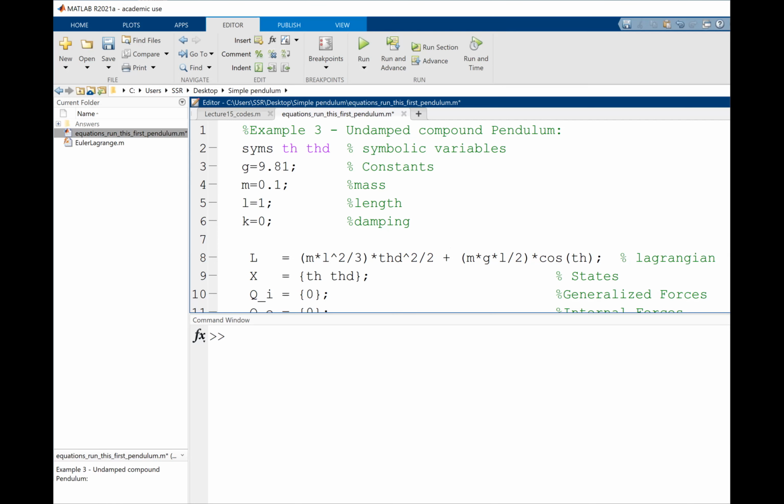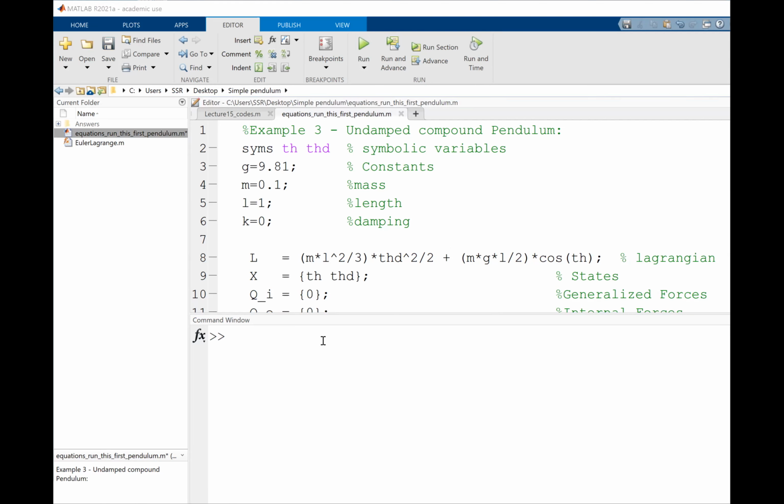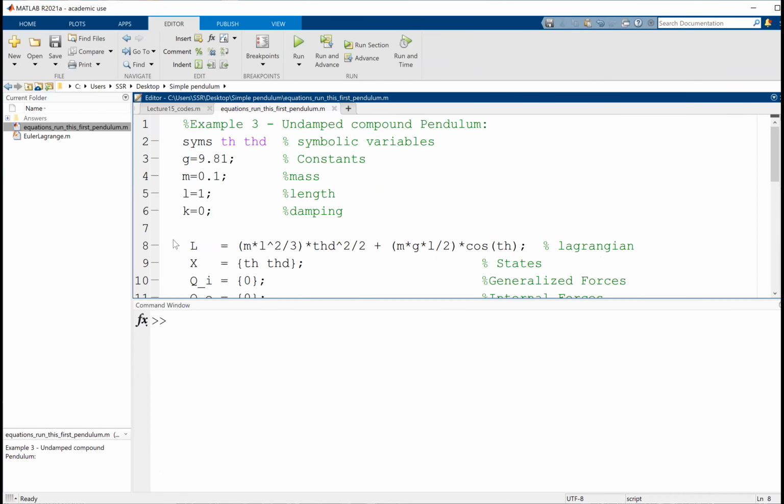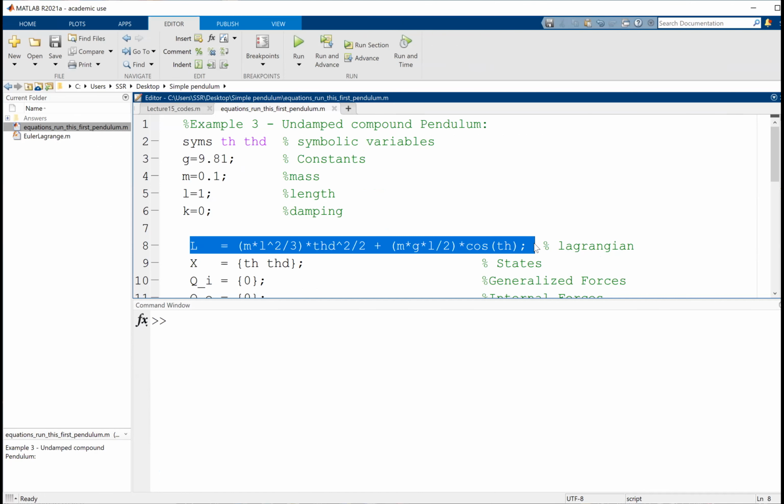Okay, there is a question from an online student. No, cosine to sine. Just look at your Lagrangian. Just look at this equation. This is the most important equation that you need to look at. Remember the Lagrangian that we just derived? Make sure that your Lagrangian is coded here. Then run.